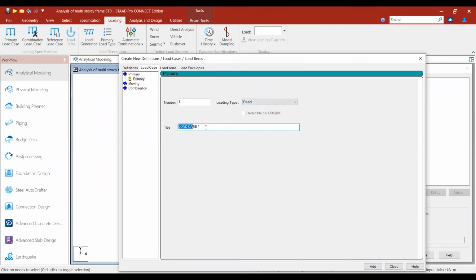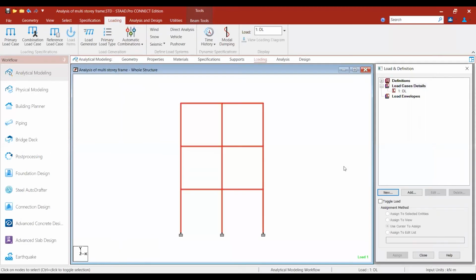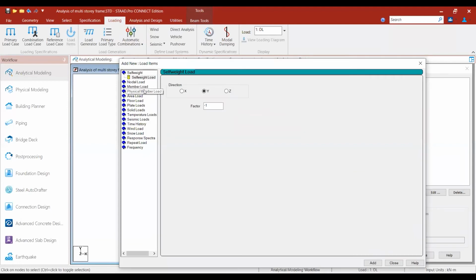In the title you write capital DL. Dead load is chosen. Add self weight. First you have to select the self weight of the beams, in the Y direction minus 1. Minus 1 means in the downward direction. You add it.